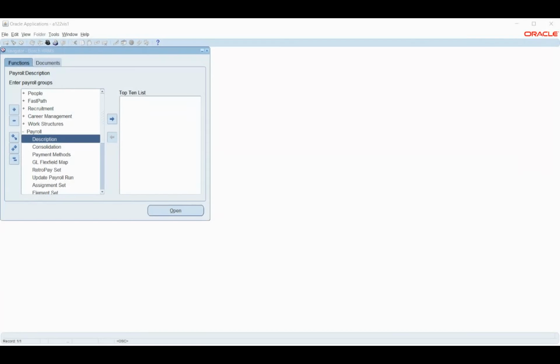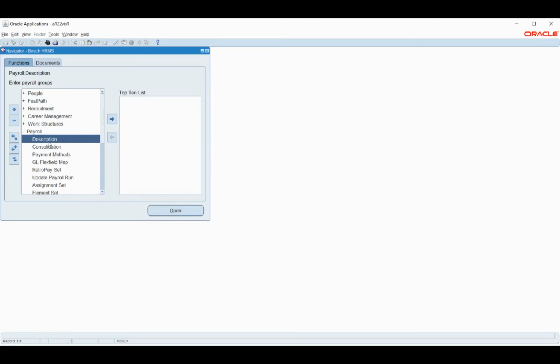Yeah, using this grade option, so basically we can capture that information. But apart from that, if we have a requirement to have two payrolls, we can have that as well. So probably one for the head office and the other one for the zonal office. So that is also possible.